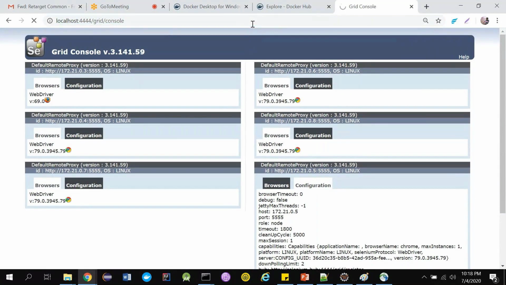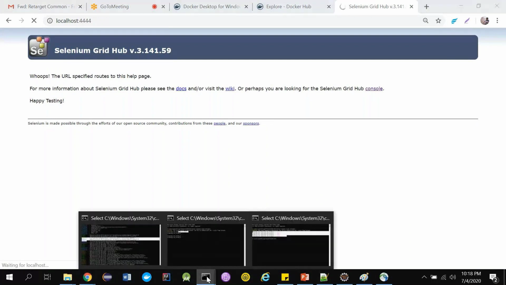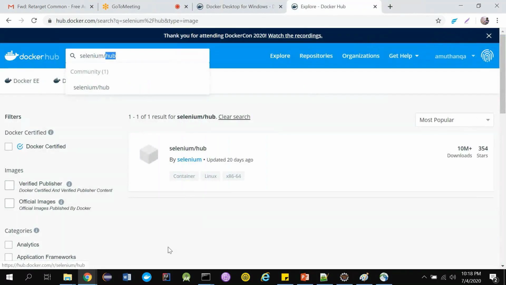For some strange reasons, I'm not sure, today it's behaving a little erratically. I don't know, guys, but it'll make the number of Chromes available as one.